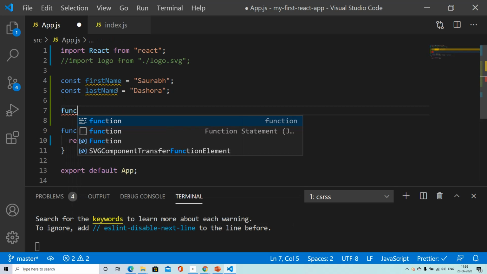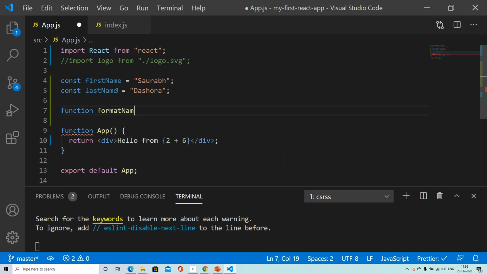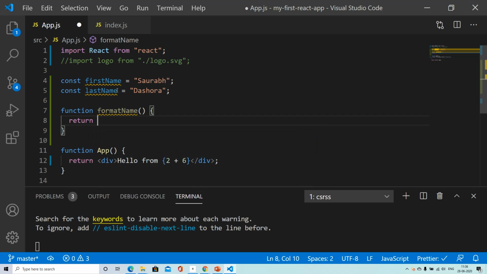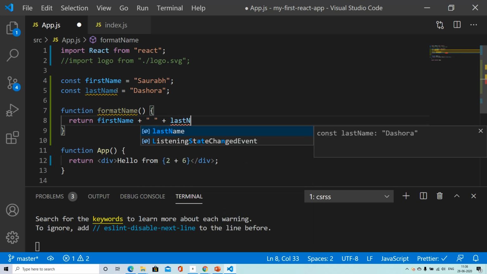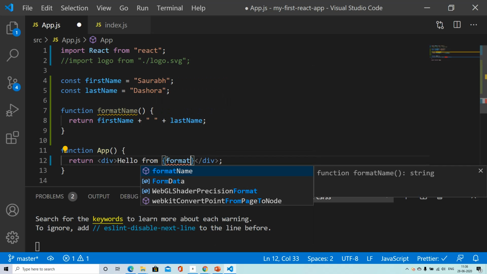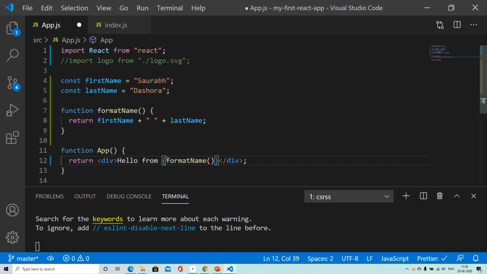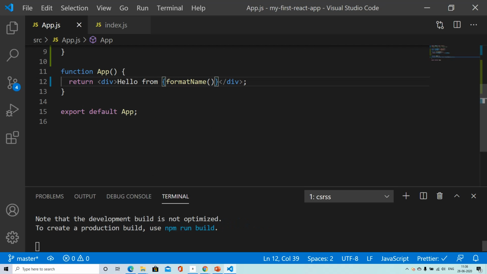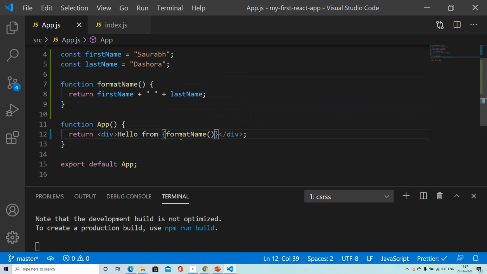And then we could have a function formatName, and what it does is basically it returns first name plus, with a space, last name. And then instead of this 2 plus 6, we call the formatName function over here, like so. And if we save this now, compilation has been successful, and we can see hello from Saurabh Tashora being printed. So basically this function was called, and then this function returned first name plus last name, and that was rendered